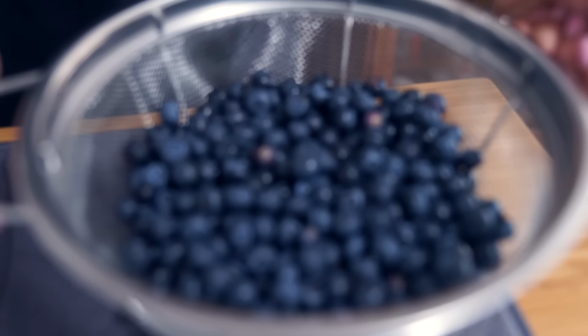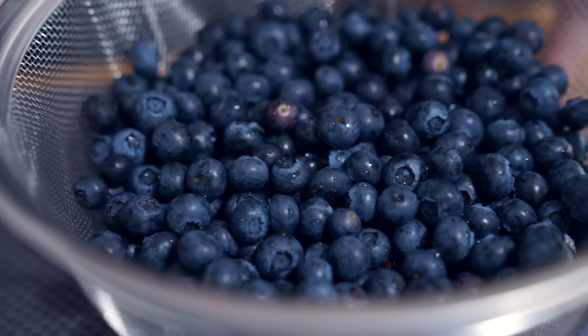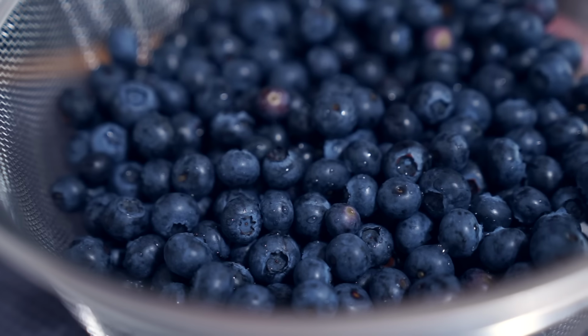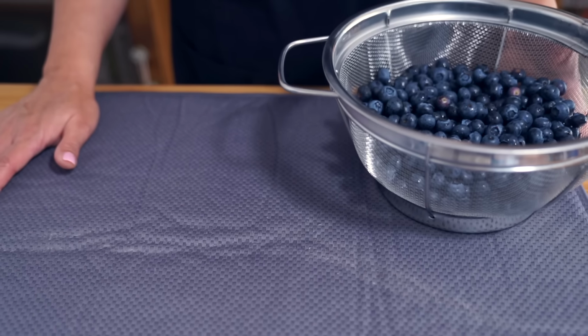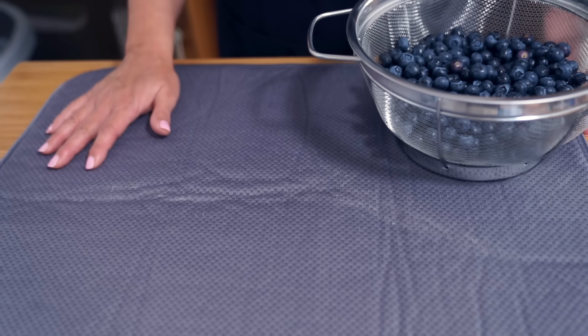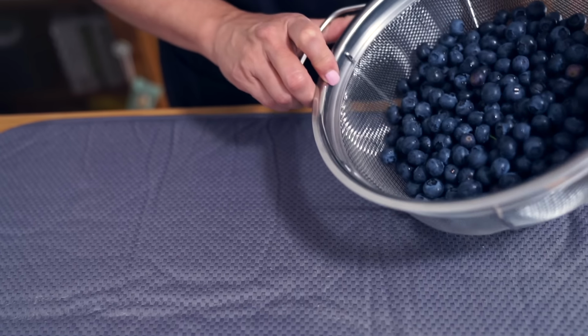I have already washed my blueberries, and I'm just going to show you a quick way how I dry my berries so that they don't get any excess liquid in the pie. I have one of those dish drying mats that I picked up probably at Costco. I think they came in a package of 2. And I'm just going to pour my berries out very